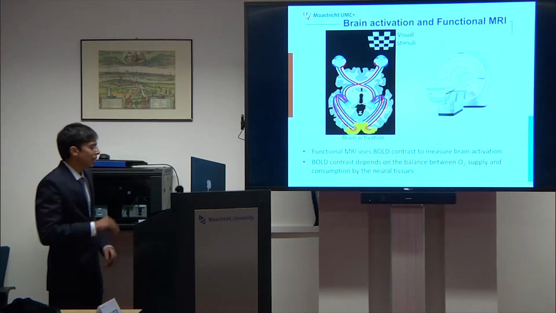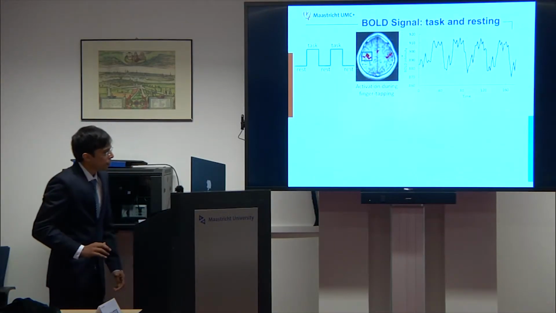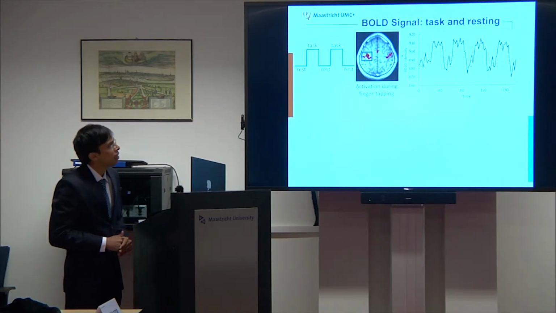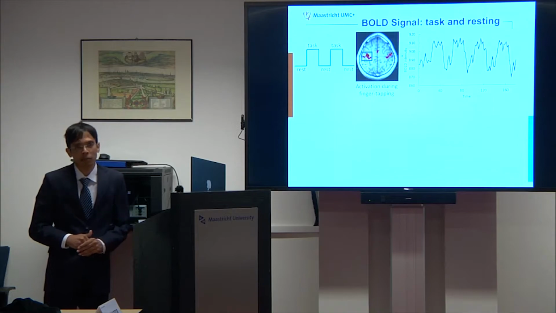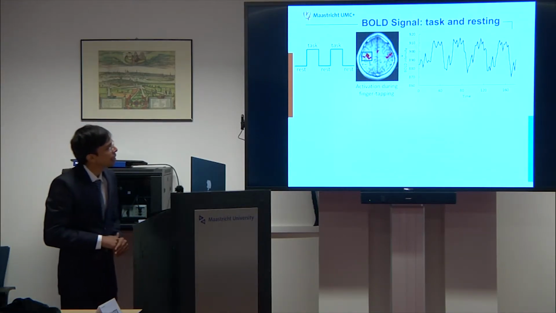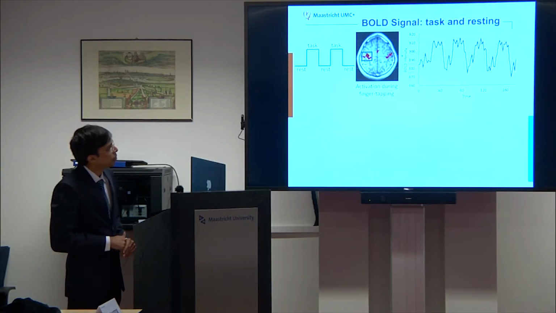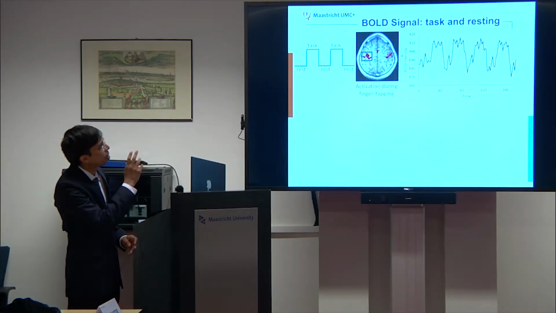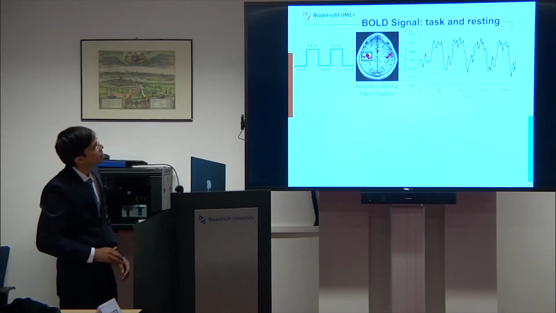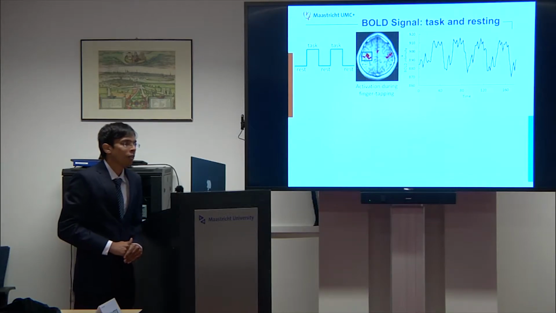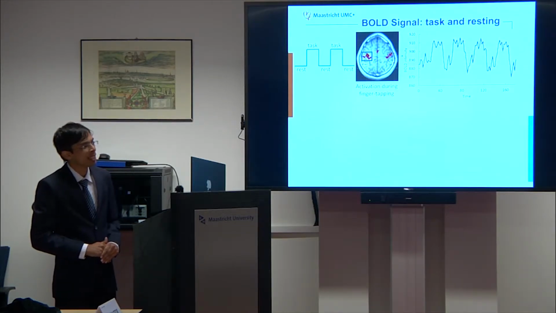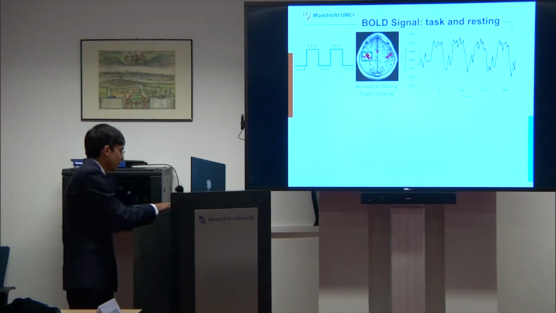Now, looking at the BOLD signal in more detail, in the case of functional MRI, a subject performs a task based on a predefined paradigm, and based on the task performed, the corresponding brain region shows activation. For instance, if the subject has performed finger tapping, that is a motor task, the motor region of the brain shows higher BOLD intensity. However, the task only increases a small amount of overall energy consumption by the brain. That essentially means that most of the energy is consumed by the brain at rest.